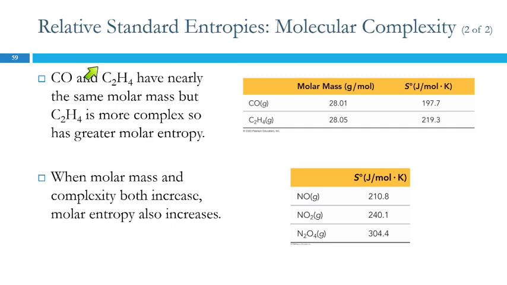Looking at carbon monoxide and ethene, C2H4, nearly the same mass, right? 28.01 and 28.05, super, super close. But C2H4 is more complicated, it's more complex. We can draw a Lewis structure. So carbon monoxide,